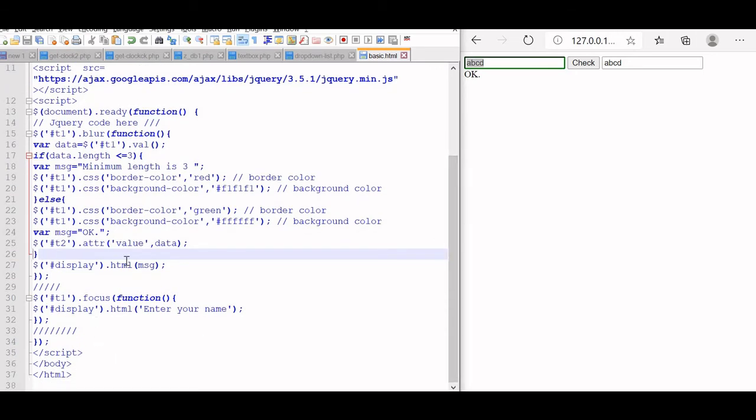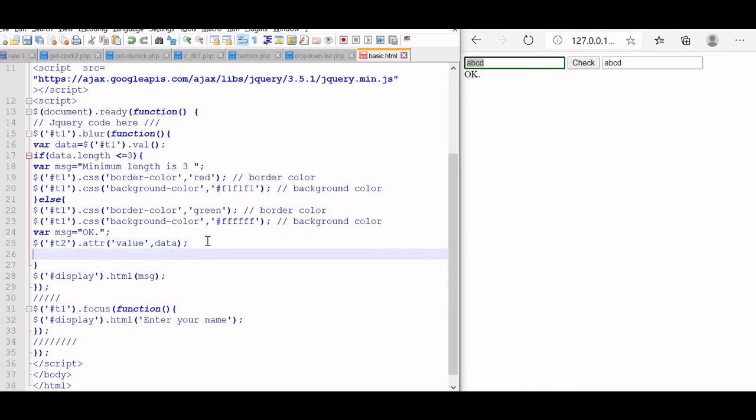Whenever the data is successfully transferred to text box 2, we'll disable text box 1. Let us write the code inside the else condition, where the text is successfully transferred. Here it will come. Now we'll put T1 as the selector.